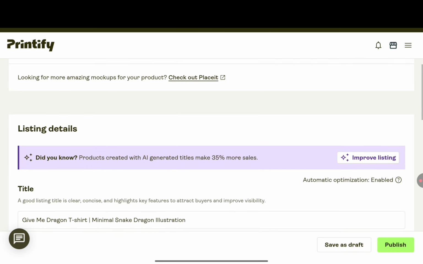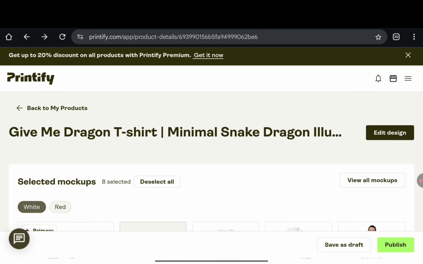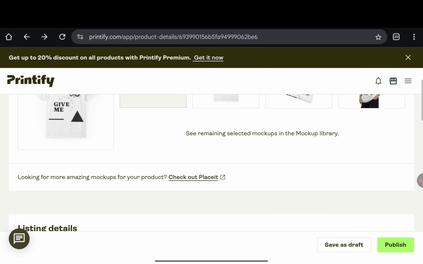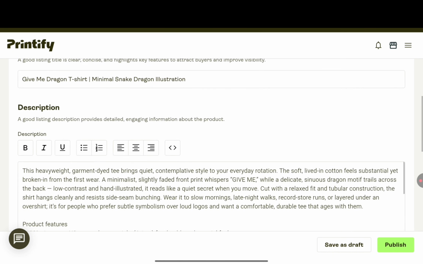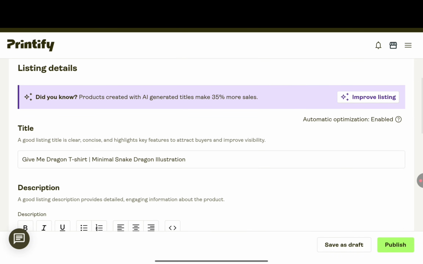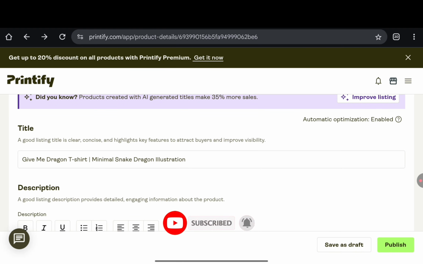That's just basically that. Now, once you're done creating your mock-up or whatever you want to call that with your design, the platform itself automatically gives your clothing a name, right? It gives it a name automatically, gives it a description automatically. Now it gives it this based on the text you added in there, right? Now, mind you, you don't have to use any of this. You can edit any of this you want, right? You can change the title of the clothing.